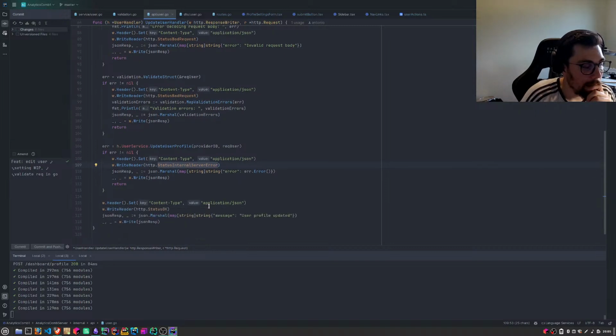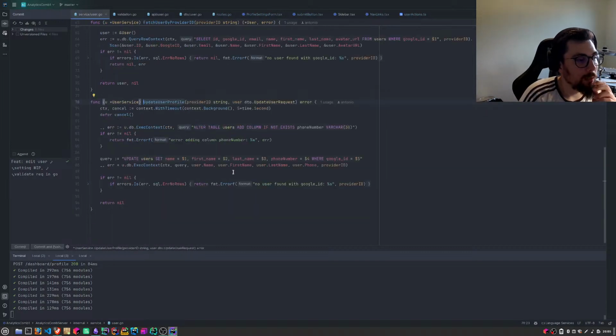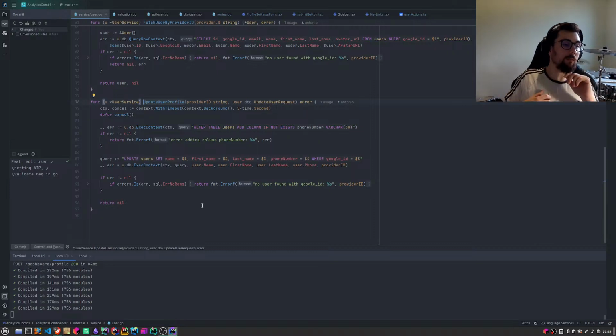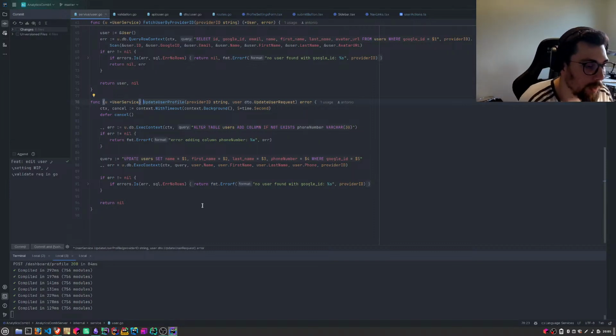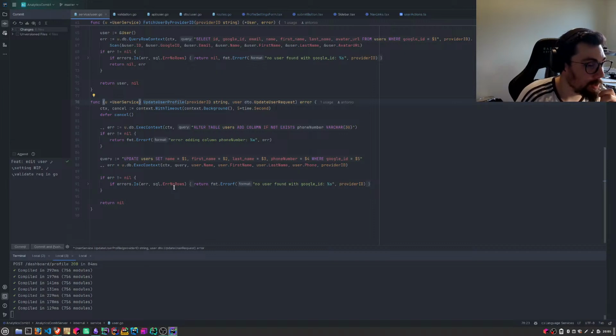Okay. 500, and what is in our service? I don't know. We can get this, no user found for group ID, but I don't think that will return any errors. Back to the front end. I'm pretty sure I know it won't.